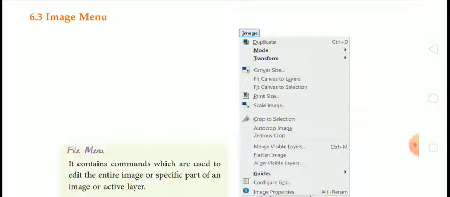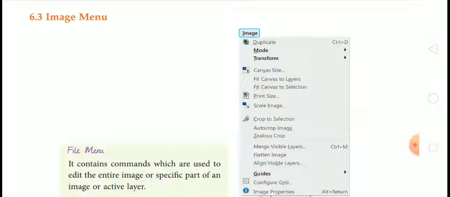Next is transform option. If you want to transform your image, you can use the transform option. Canvas size. If you want to increase the canvas size, you can use this option. Fit canvas to layer.